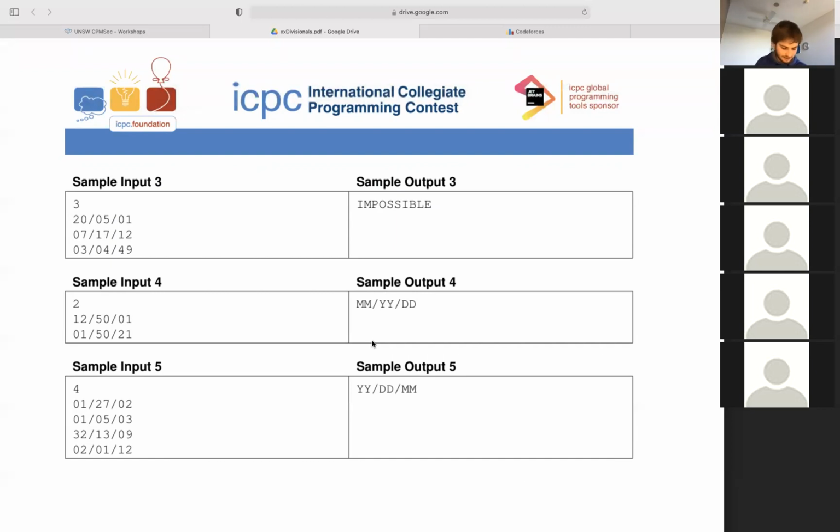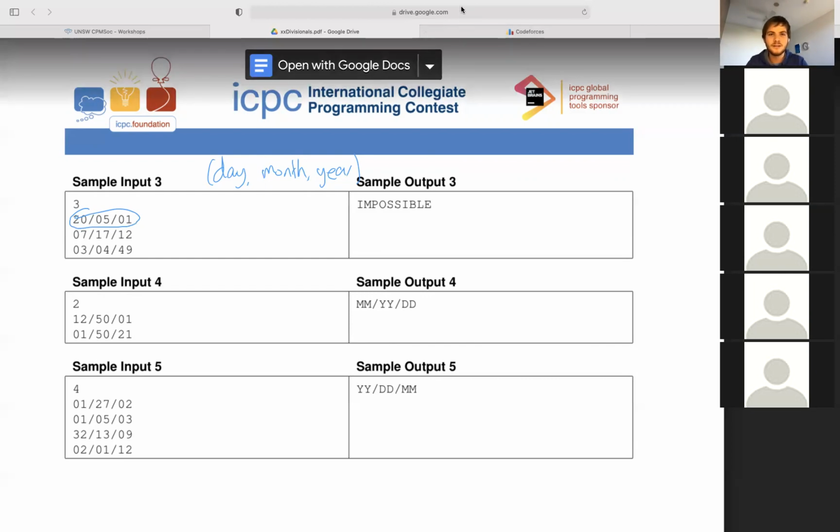Yes, so how I would do it is, we could write a function that takes in three numbers, a day, a month, and a year, and returns whether that day, month, year is valid or not. That can be the first thing that we do. And so if we can check whether day, month, year is valid, there are 6 combinations. So for each date, we can try all of the 6 combinations and then record what ones are invalid. And this kind of leads to code that is fairly nice and not badly written.